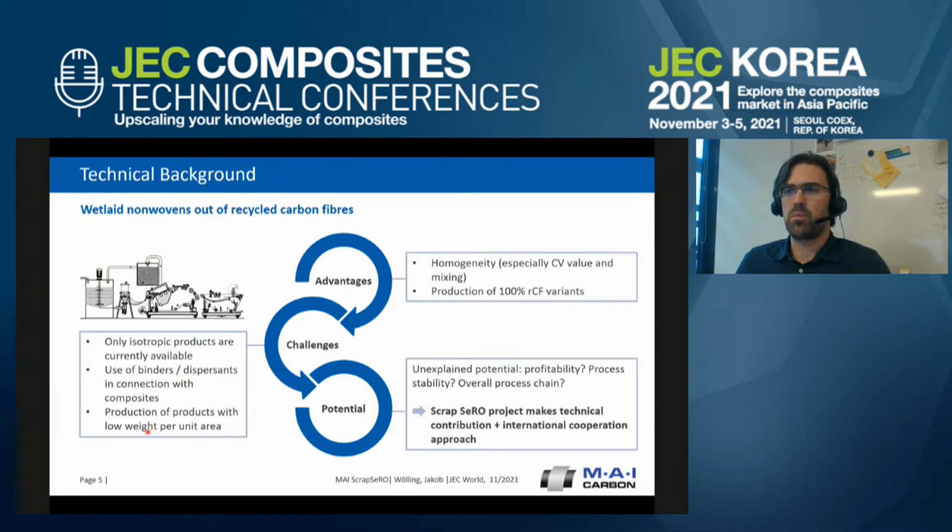So that's the bigger, the one advantage of the textile processes, that you can produce higher fiber volume content, higher areal weight in the semi-finished products. And we developed the process chain for rather thin plies and see if they can be brought into service as well. We look at the full profitability of the overall process chain and how stable it will be